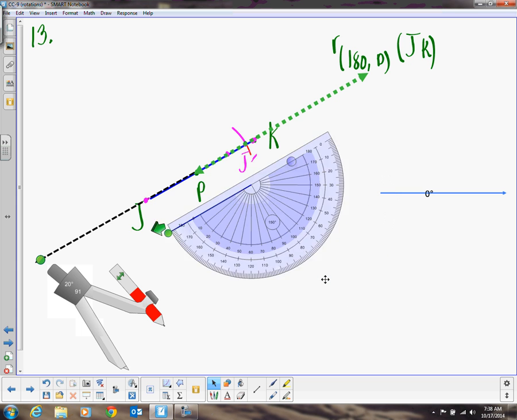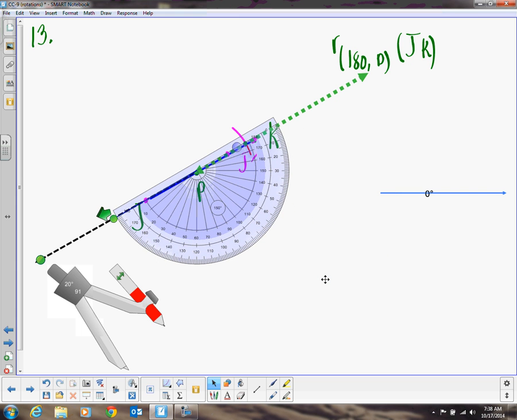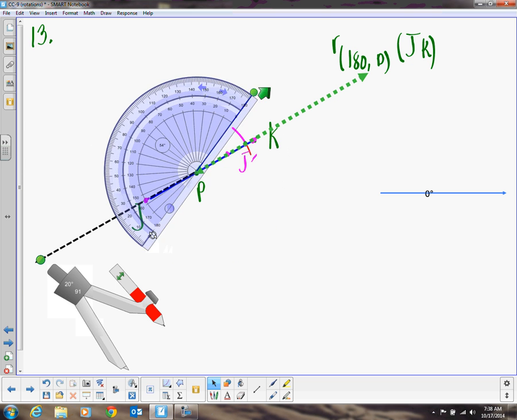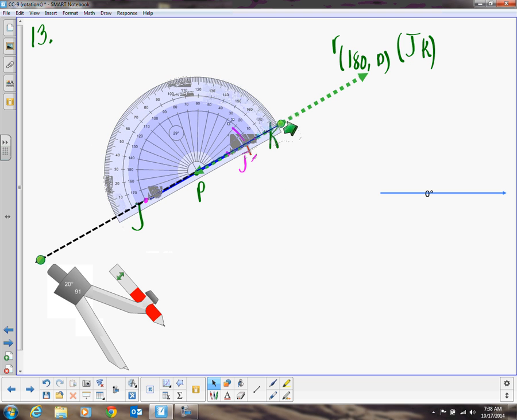My protractor always is on the center of rotation. So from here I have to go 180 degrees. If I go this way, am I going clockwise or counterclockwise? Clockwise. That is a negative rotation, so I've got to turn my protractor this way. Now, am I going clockwise or counterclockwise? Counterclockwise, which means it's a positive rotation. So over here, I would mark my 180 degrees, and then from here, I take my compass,